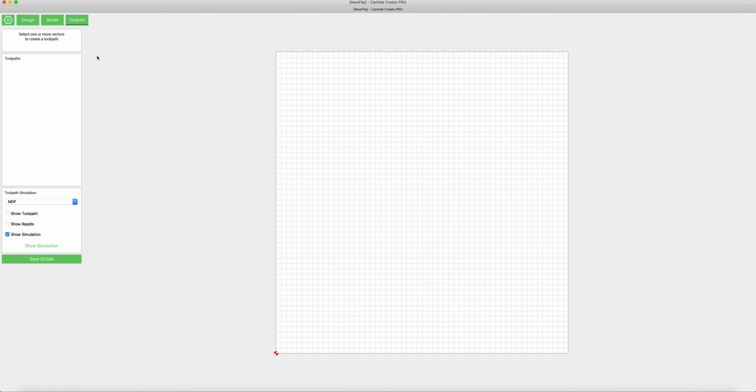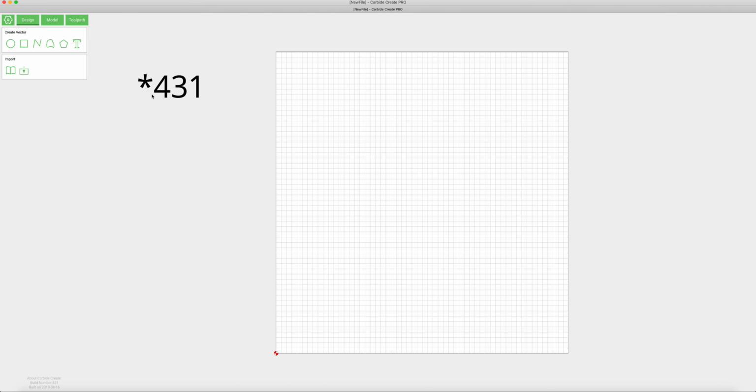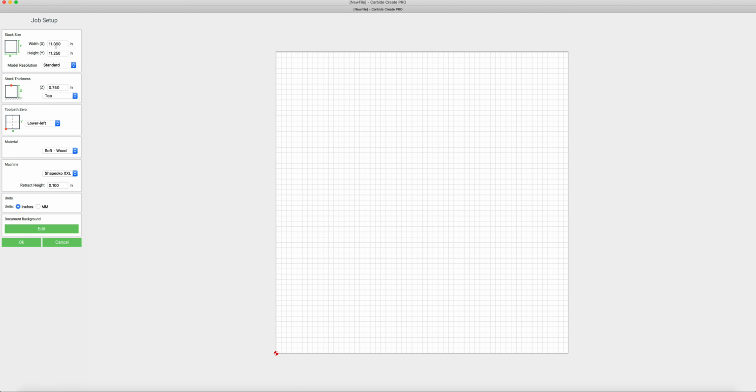We're using Carbide Create Pro here. This is version 4.13. So let's start by selecting the size. My normal flags are 21 by 11, so we're going to work on one that size first. And the material is actually 11.25, so we'll leave that alone. The material thickness is approximately 0.74. We have softwood selected, lower left corner,